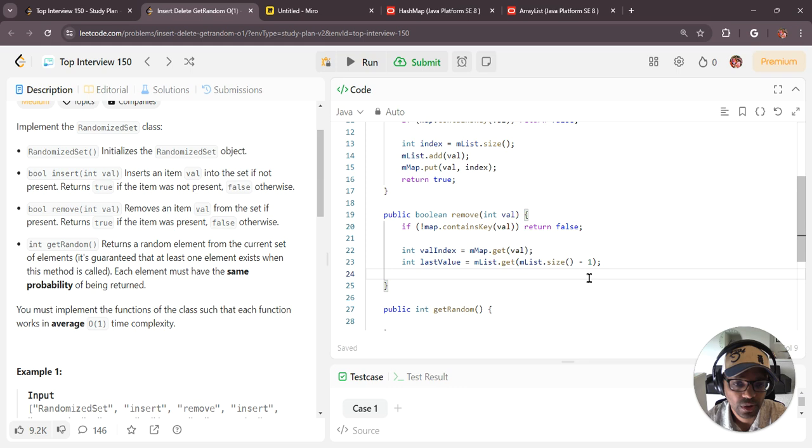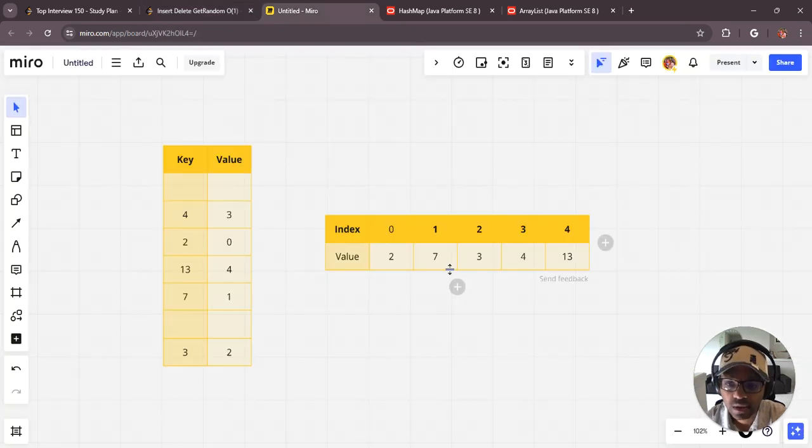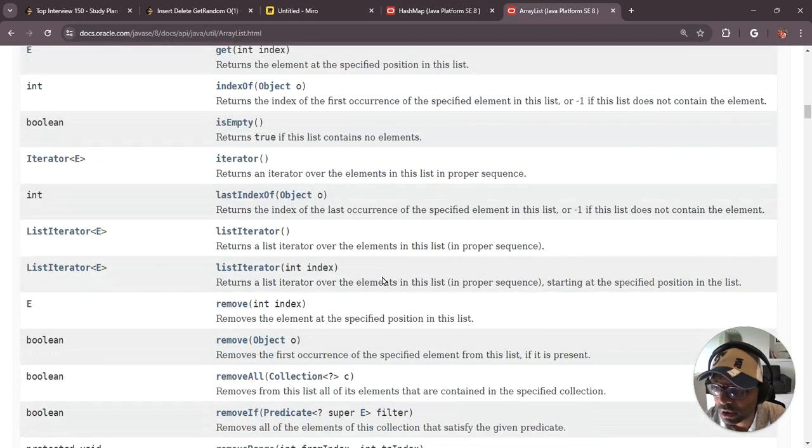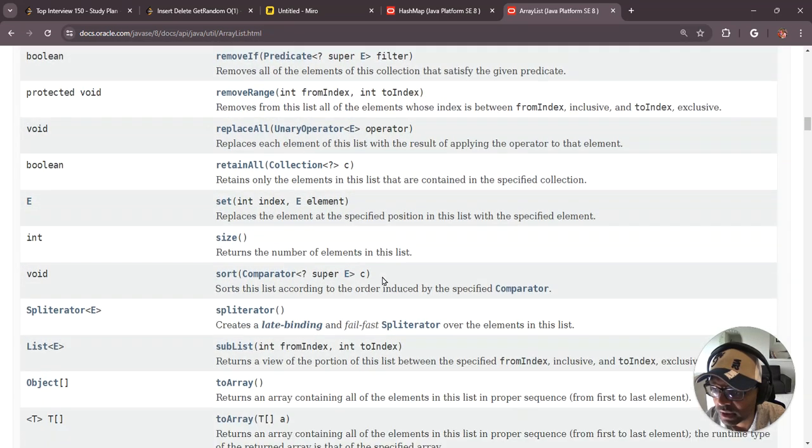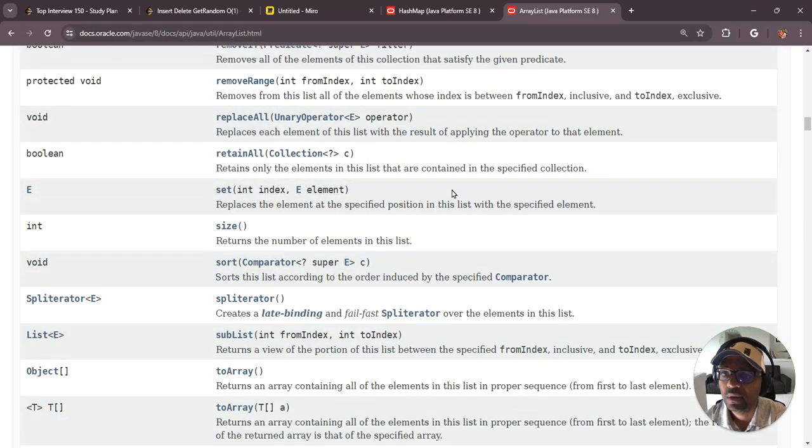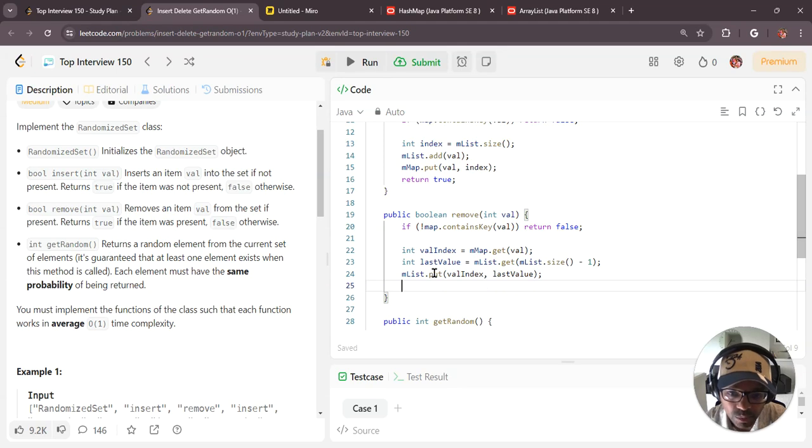And what do we do in the list? Again, we put at that index, val index, we put the last value. Again, we put at this index number 13. So that is done now. And I think there is a put or set. Let's see, it is a put or set. Well, actually, it's a set. Okay, so this is not a put. Put is generally used in maps, I guess. Okay, so mlist.set at that index, the last value,